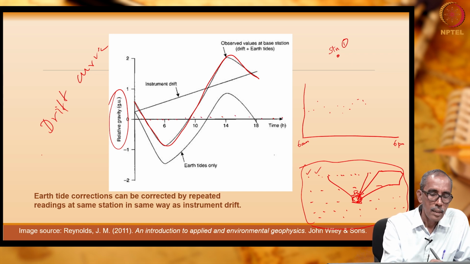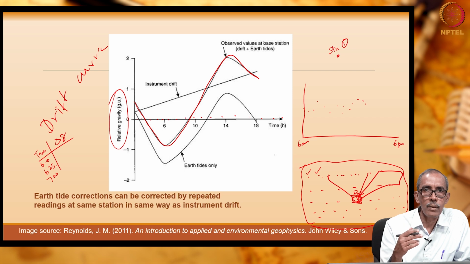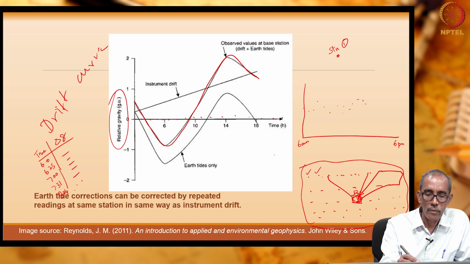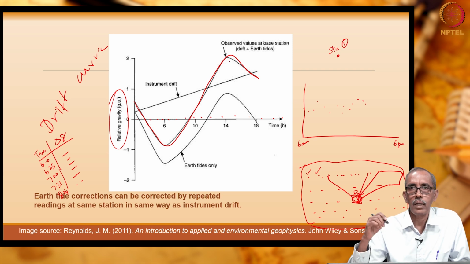When you plot this time versus delta G value, 6 a.m., 6:25, 7 a.m., we have decided to come approximately every 30 minutes. We cannot be precise. So, what is important is, whatever is the time at which you are making the measurement, you please make a note, 9:31, then 804. Like that you are noting down the value. Using that we have prepared this drift curve.